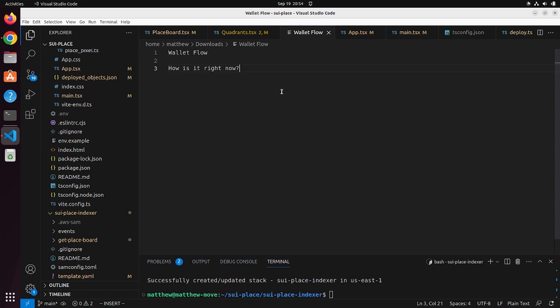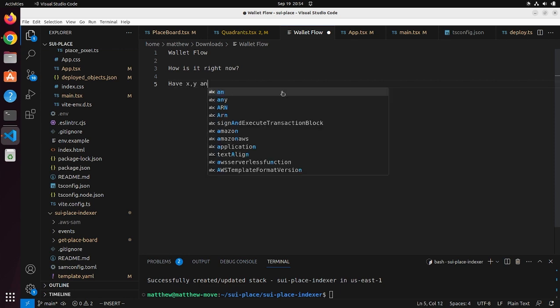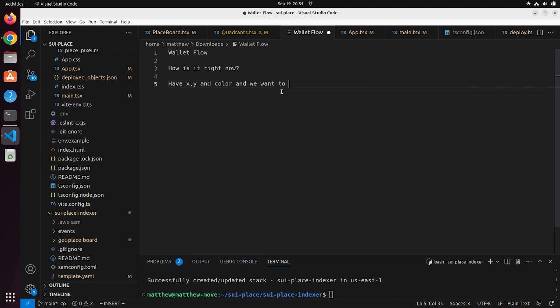So when we think about what we're doing right now, we have this flow. Let's say that we're in the program where we have the XY color and we want to make a transaction. What we do right now is we construct this TRX, a transaction block, a PTB, which is a programmable transaction block. Then we call wallet.sign and